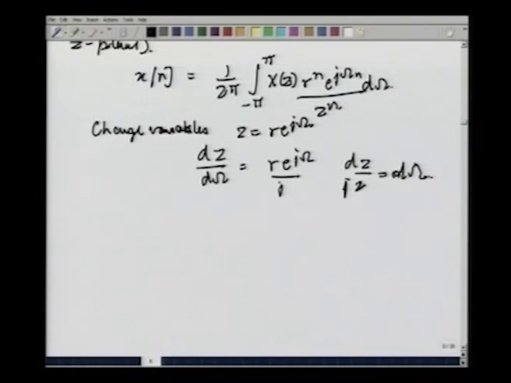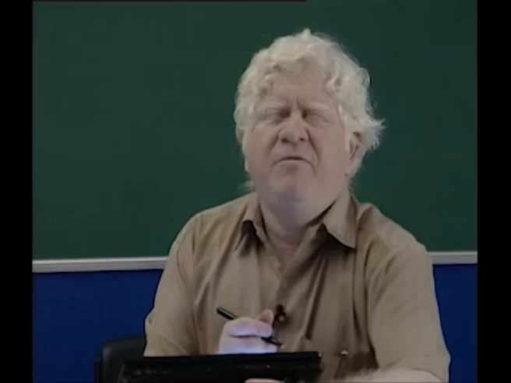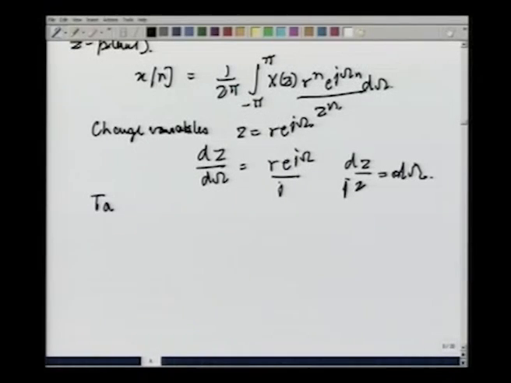If you make this substitution, then the variable of integration is z, and therefore, the path of integration has to be through the ROC. So, taking an integration path within the ROC,